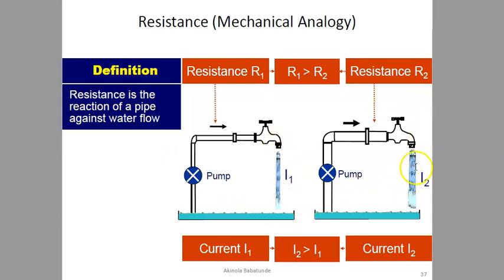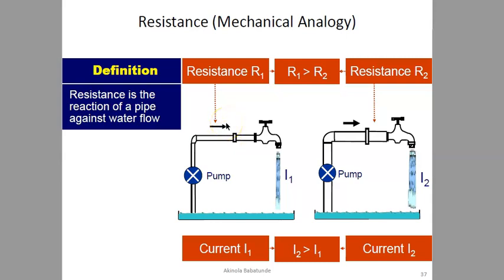What you will notice here is that there are two taps. There's a smaller tap and then there is a bigger tap. There is a smaller tap in terms of diameter and then there's a bigger tap here in terms of diameter, as you can see. The smaller the tap is, the more the resistance. So that means the bigger the tap is, the lower the resistance. So that means a tap with smaller diameter would have greater resistance to the flow of water than a tap